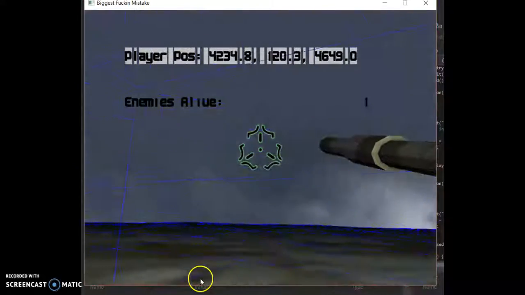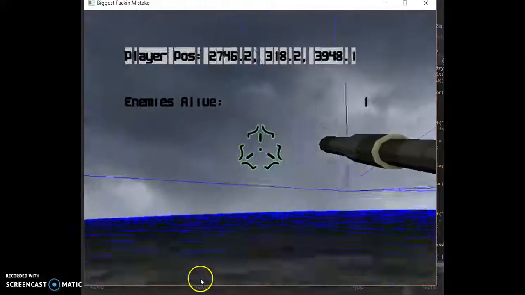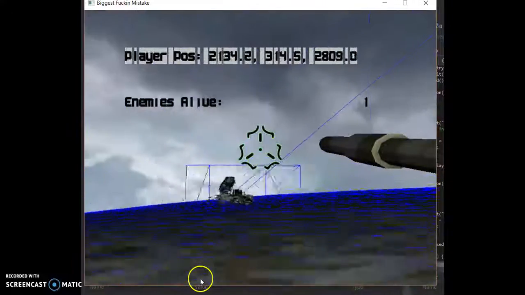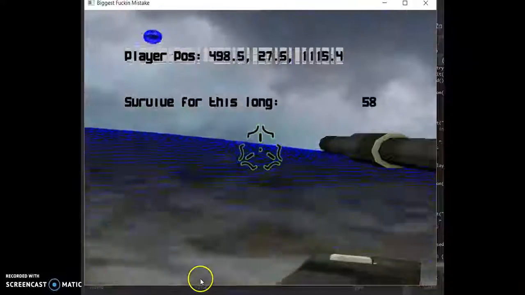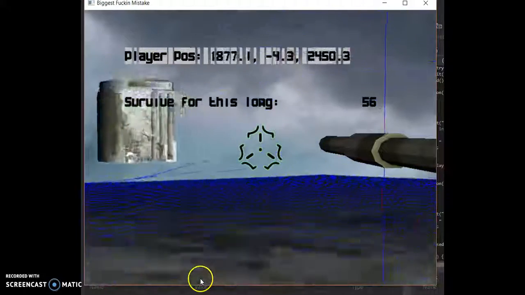Also, yeah, rockets and bombs also destroy my objects. There you go. Here's round 2. Round 2 is a survival mode. So you have to survive